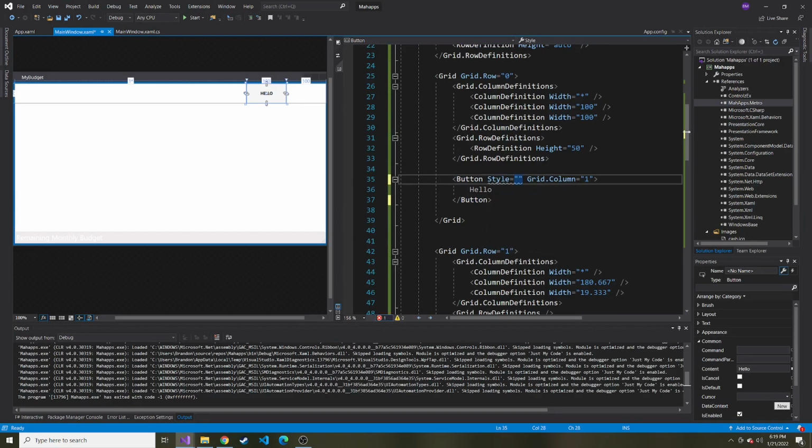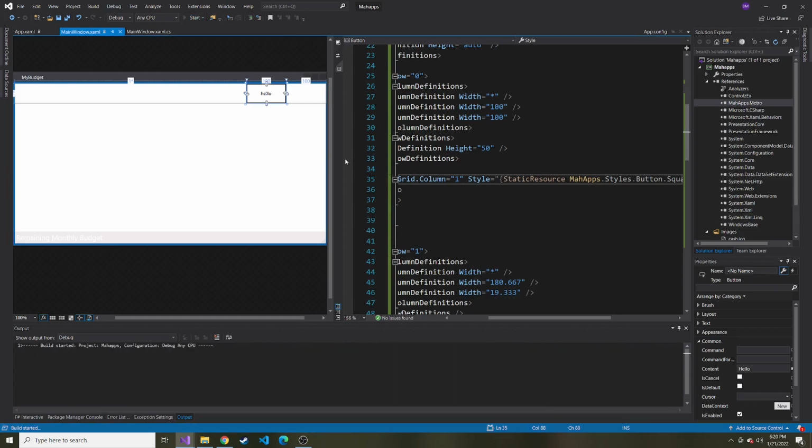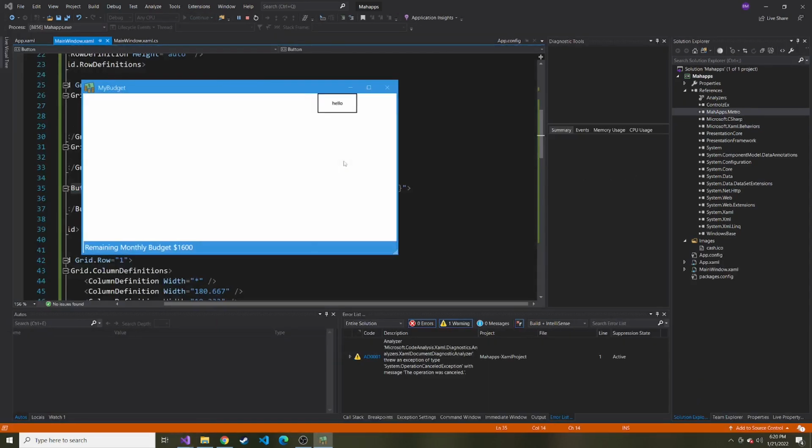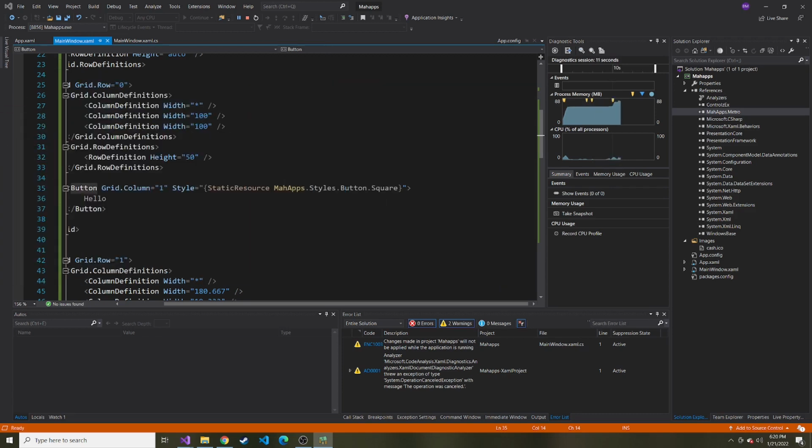We are going to use some predefined styling from MahApps. So I'm going to do style is equal to static resource, and then MahApps.styles.button dot, I don't know why it does this. It added this end tag there, and then dot square. So that is going to be the square button. So if we look at this, you can tell it looks a little bit different. It's white in the background and has a border, a black border around it, and the font is also different than the default. I'm just going to put this on my other screen, and then we'll also show the accented